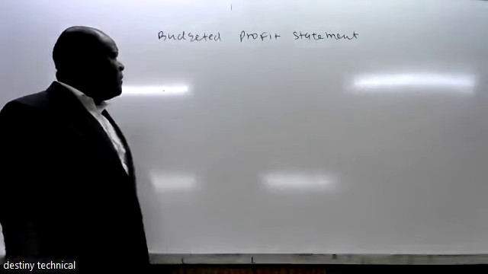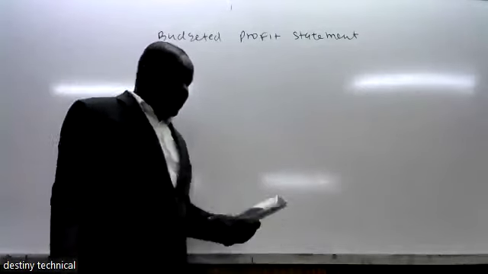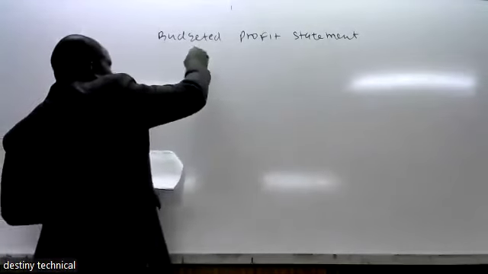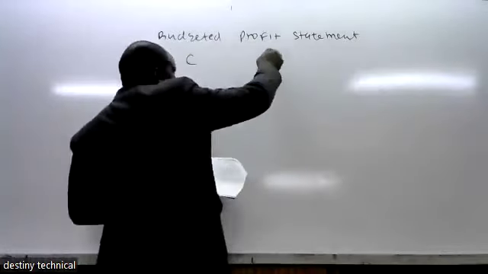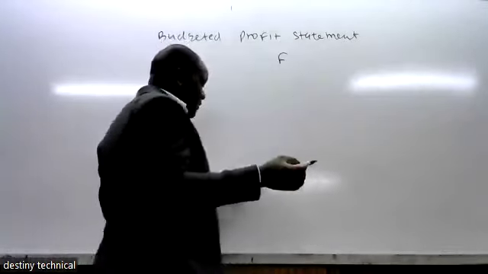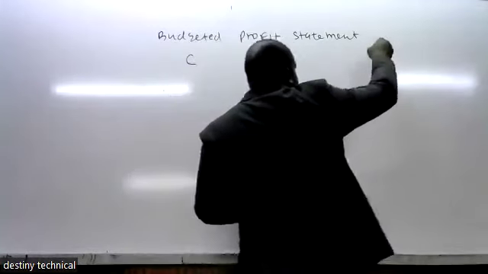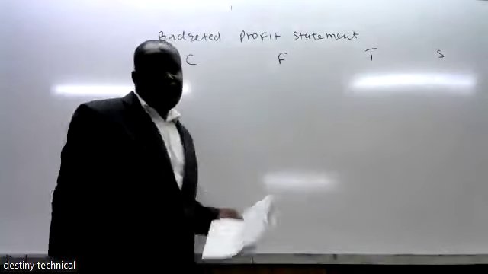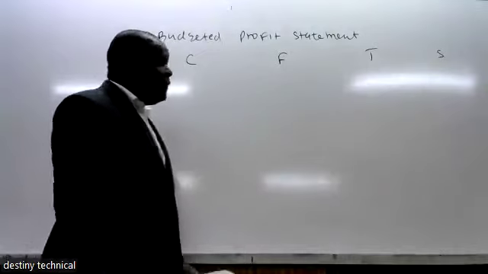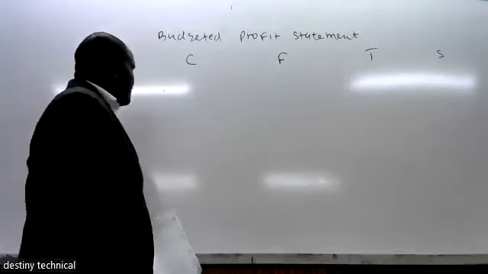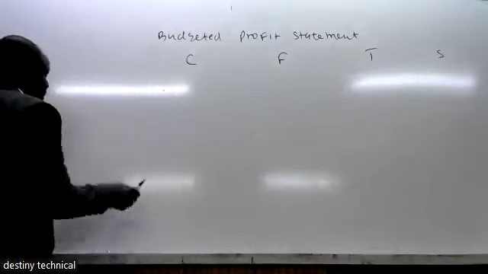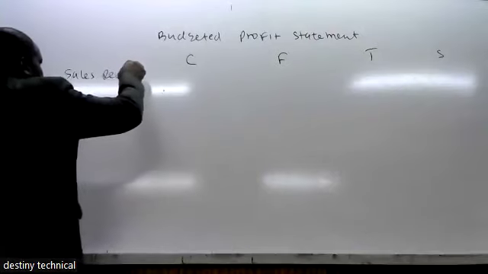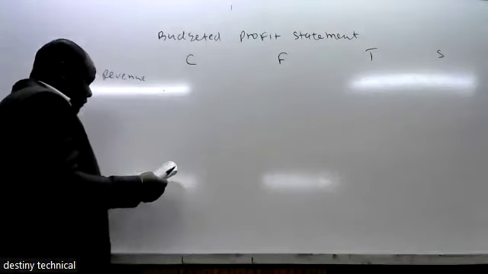So we now prepare the budgeted profit statement. So there is product C, there is F, there is G. C. So we start off with the sales revenue. So sales revenue for C